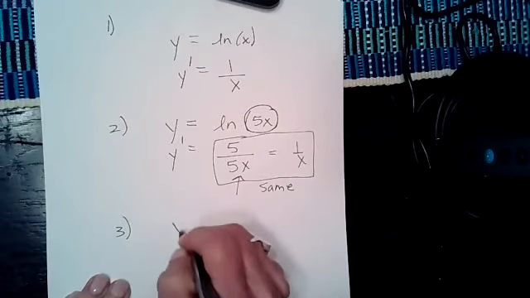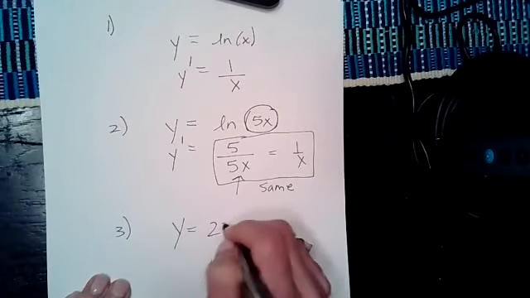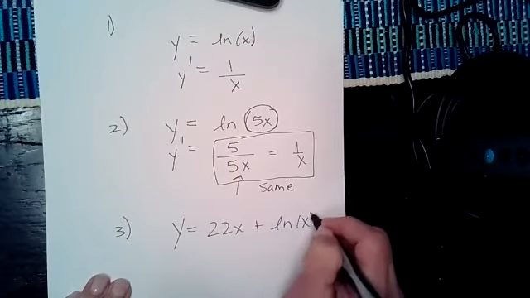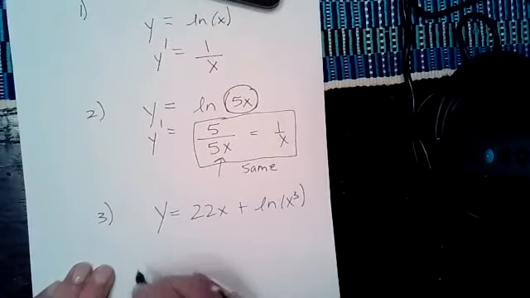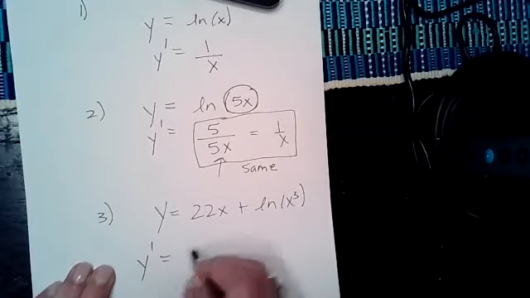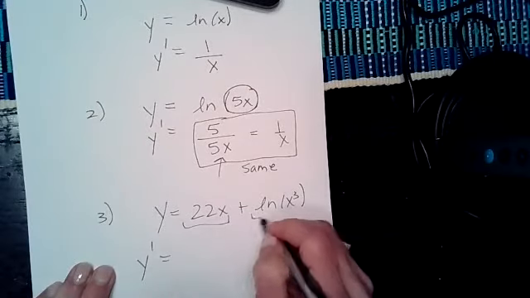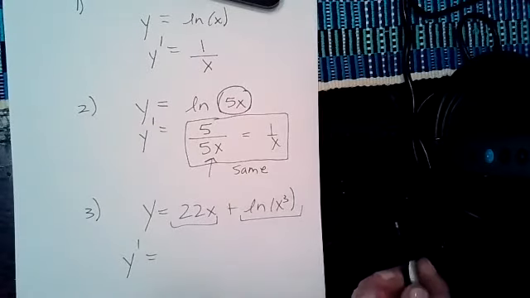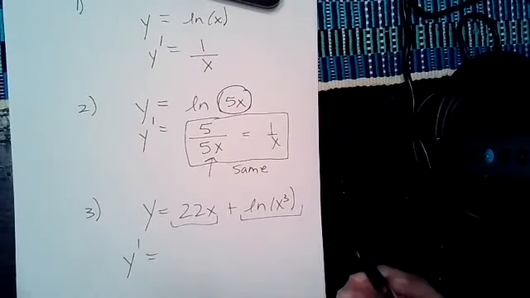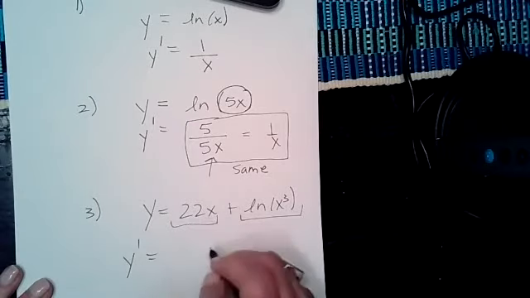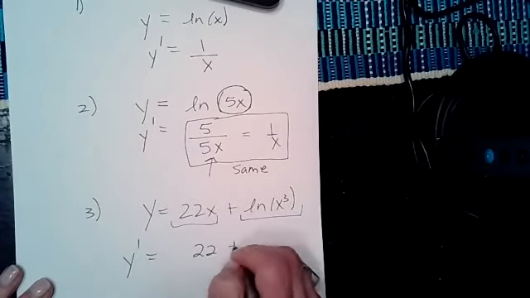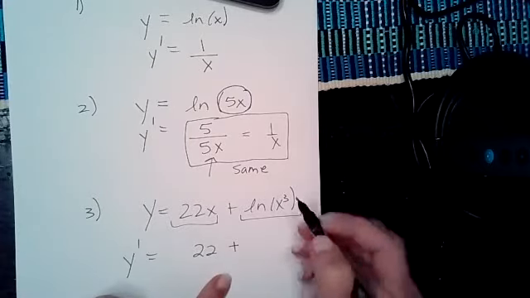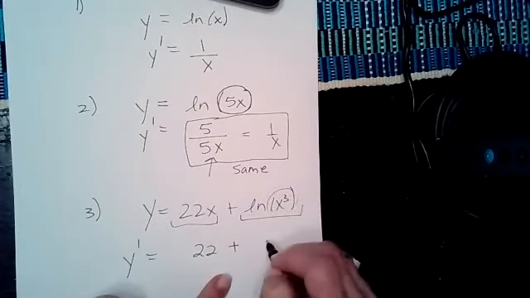Next is 22x plus the ln of x cubed, and they want to know y prime. If I have two functions added together, I just add their derivatives. So the derivative of 22x is 22 plus the derivative of the ln, which is the derivative of x cubed